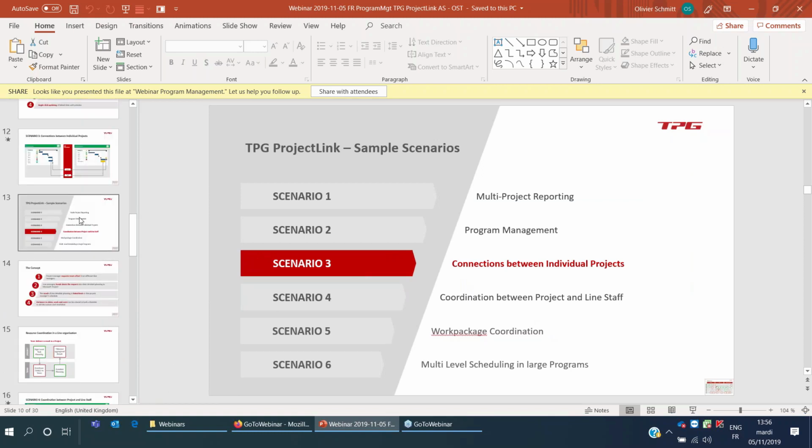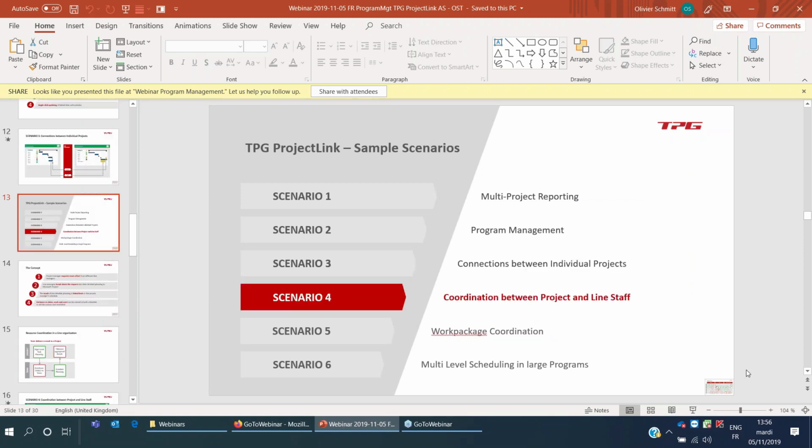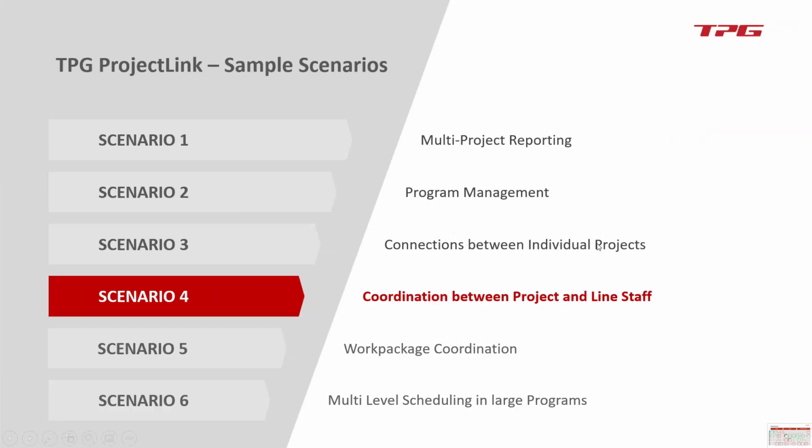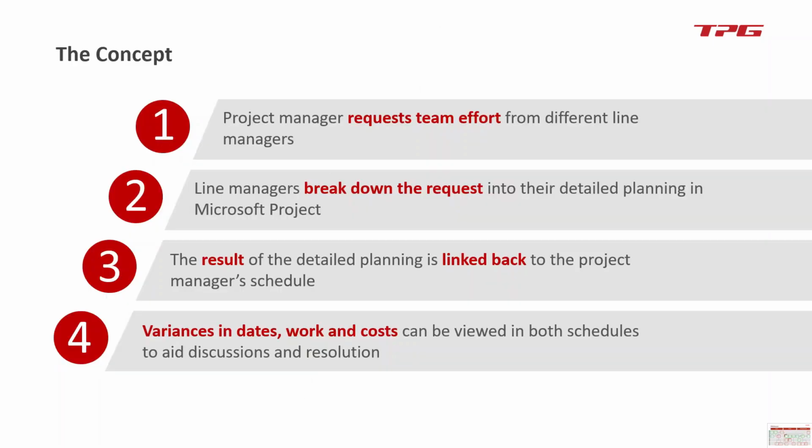Scenario number 4, here it is, deals with the coordination between the project and the line staff. As I started to explain, let me put that in full screen, very often the project manager doesn't own the resources or the teams and needs to rely on teams to deliver the expected deliverables and milestones. So the scenario here deals with a project manager that is going to create his high-level plan and assign the teams to those